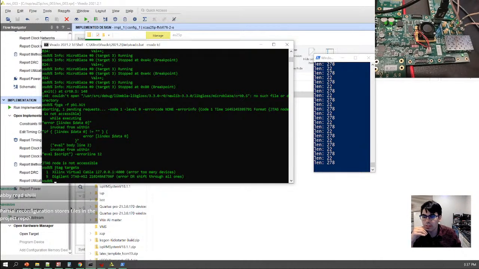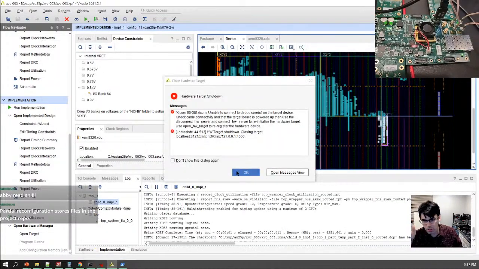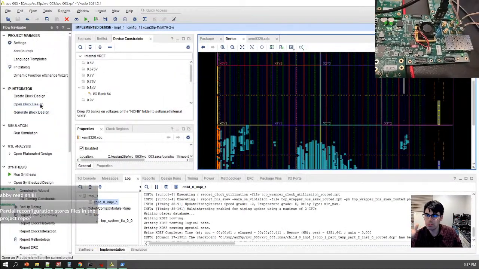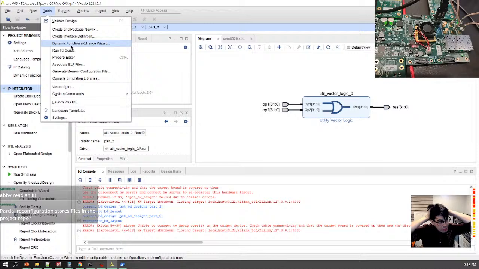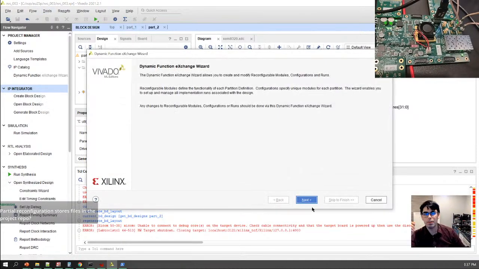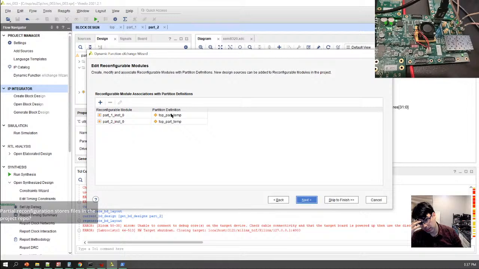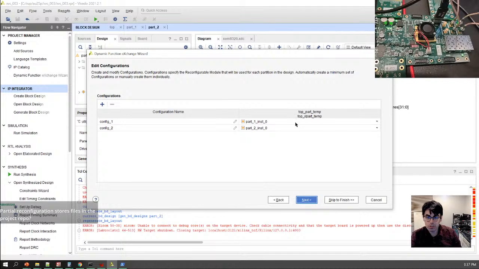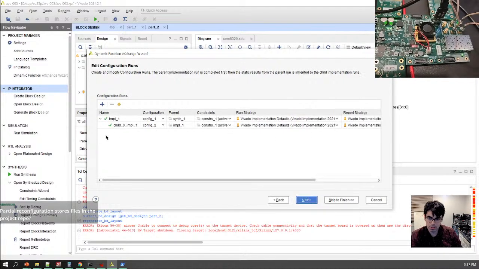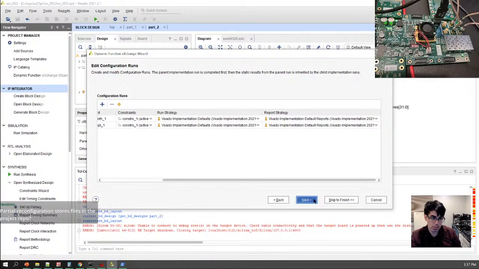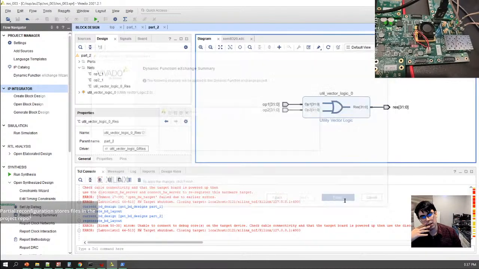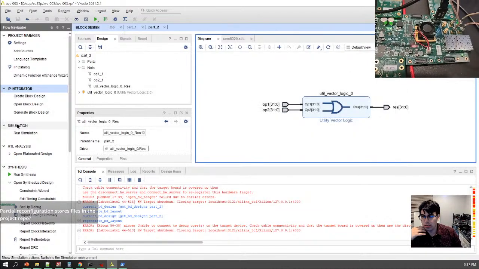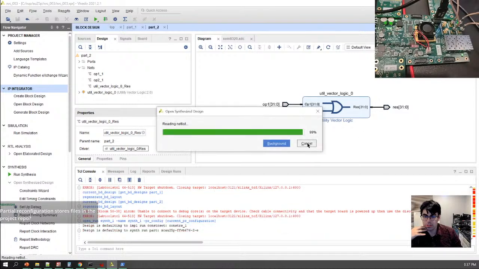So yeah, if you use the real flow, so if we go through here and look at the actual flow, there's a dynamic function exchange wizard right here. And when we do this dynamic function exchange wizard, we can select a part of the design and do different reconfigurable modules, tell what type of configurations, what Vivado settings we want, and everything, and it finishes. And that's how we get it. And then in synthesis,